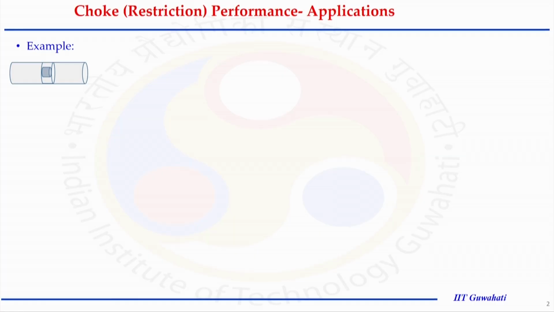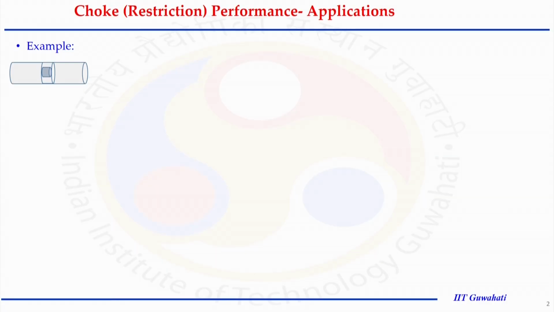But before going further, let us understand what we did so far, and even before understanding the overall picture of the production system, I would like to solve a problem on CPR. The choke performance and its application we understood in the last class. From the flow through the choke, we can estimate the unknown parameter, and that is where the concept of the critical pressure ratio was introduced. It decides how to choose a particular flow regime that is happening in the choke and what type of mathematical expressions should be used to estimate the unknown parameter.